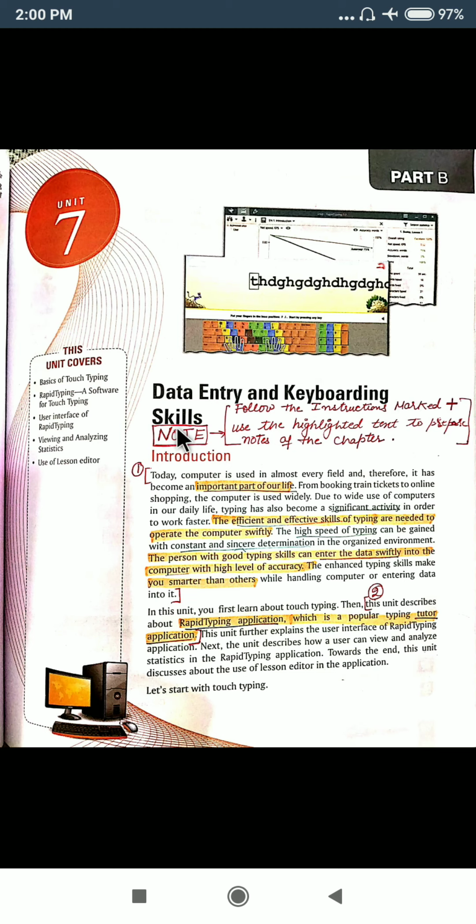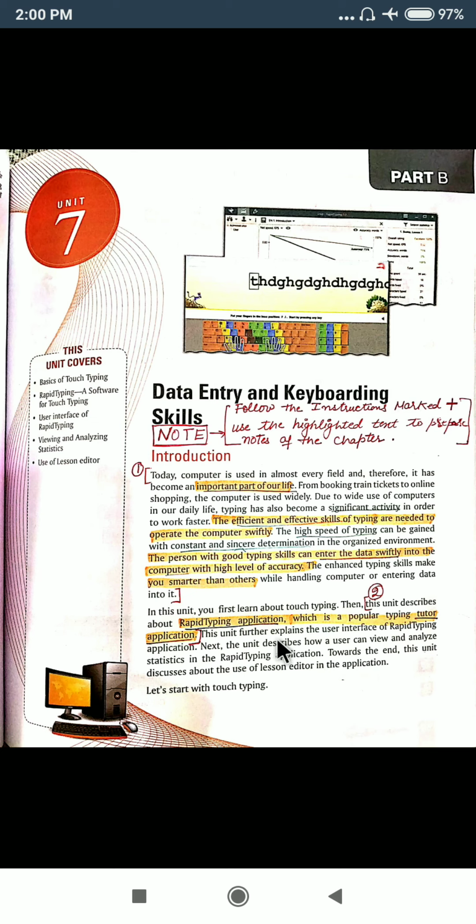Actually this chapter is a practically based chapter, and from now onwards you need to start writing your notes yourself. I'll help you out by giving markings like the ones given here. You need to follow those markings and the highlighted words in the paragraphs to prepare your notes. From this paragraph you need to prepare notes in the form of bullets. It means the important points you need to write in bullets using these highlighted lines only.